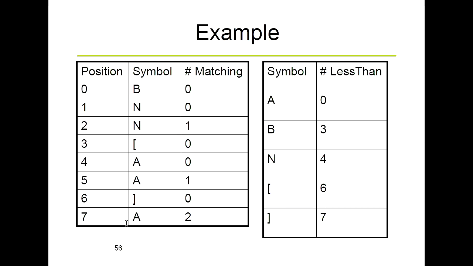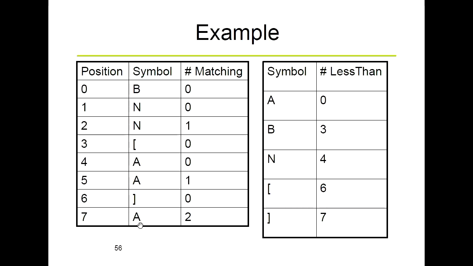So there are two tables, the left-hand side and right-hand side. The algorithm will teach you how to create these two tables. Let's do the right-hand side table. It's very easy to construct. All you need to do is put down the number of characters alphabetically less than the current character. So for example, you just need to ask, within this character set in the sequence,